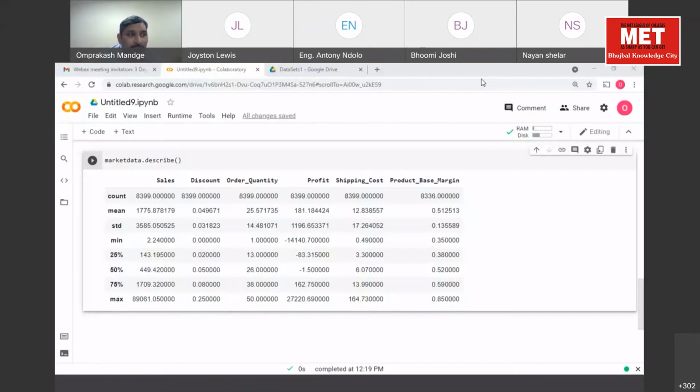Now I compute the mean of these values, and then we compute the distance between each value and the mean. Someone has typed a very standard definition: standard deviation is a measure of the amount of variation or dispersion. That's what I'm saying: the difference between the mean and the individual value, the deviation from the mean, that we compute.